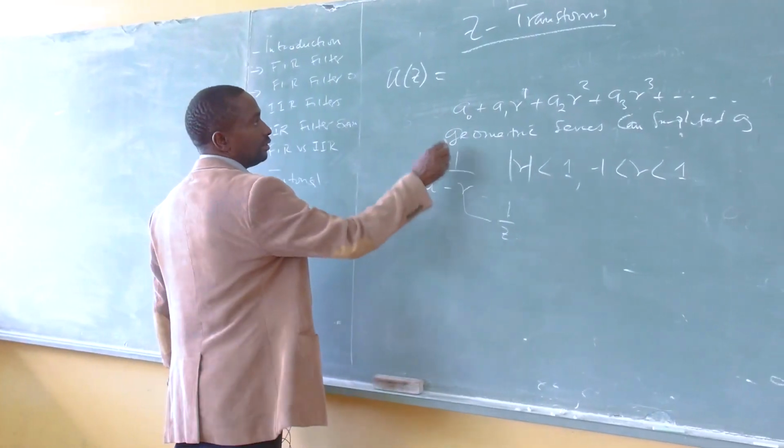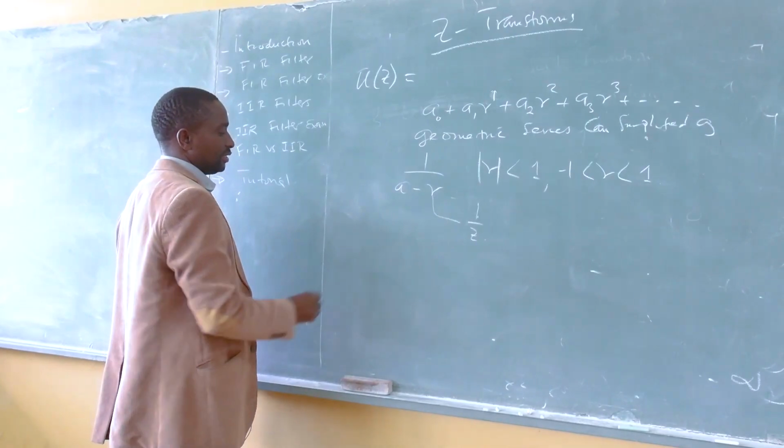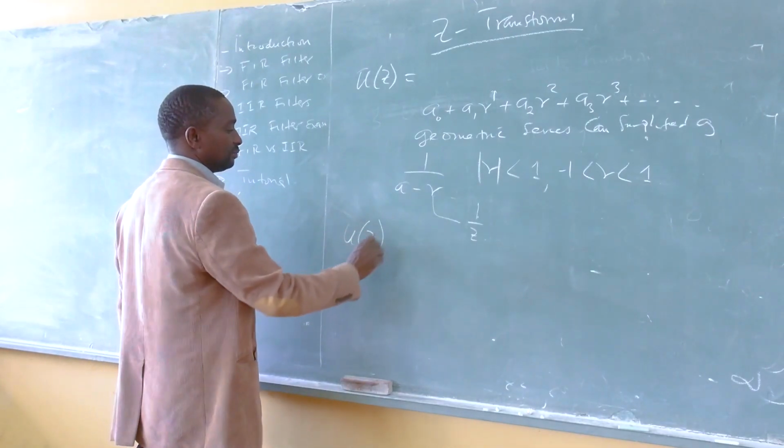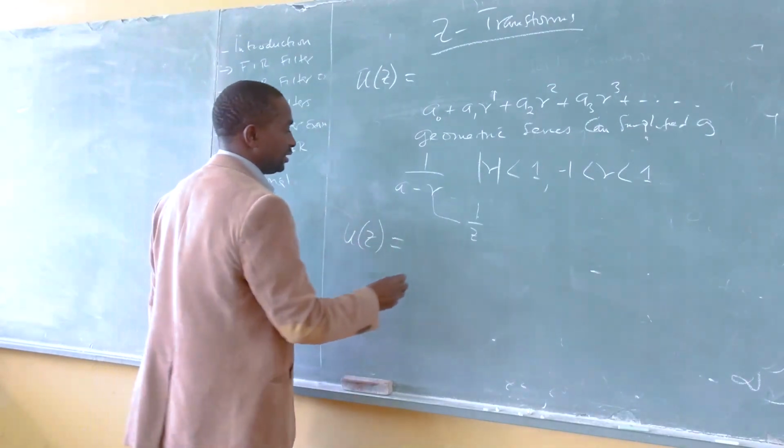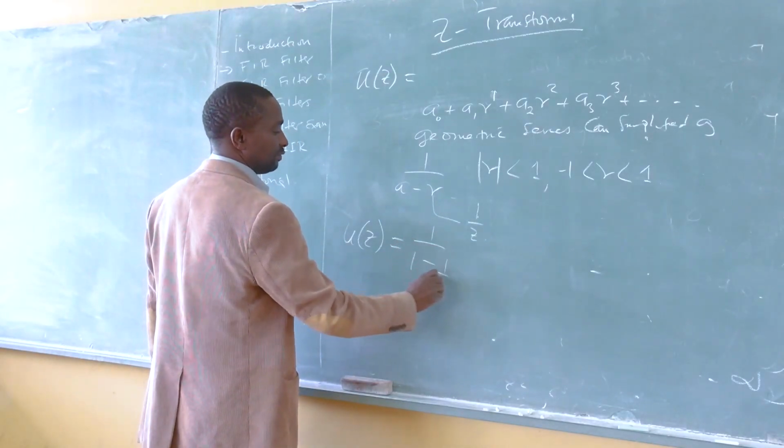Okay, so applying theories in geometric series, the unit step function Z transform can be simplified to 1 over 1 minus 1 over Z,